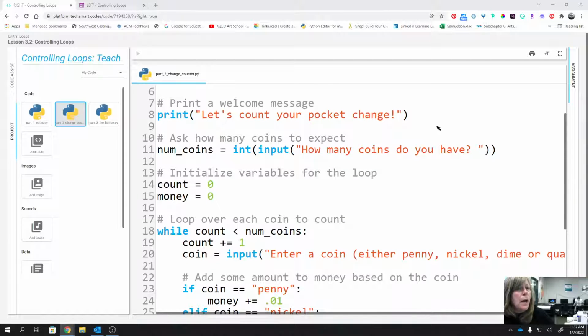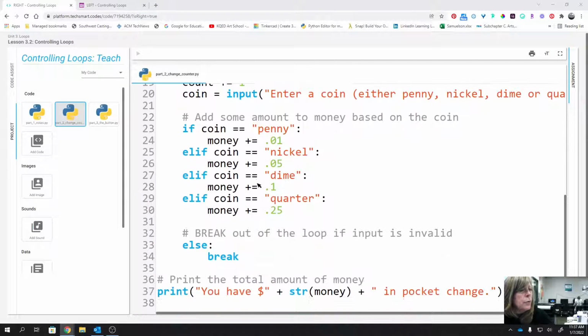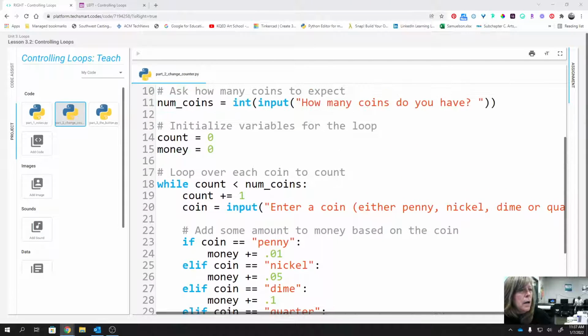So, go ahead and take a couple of minutes to experiment. Change up a little bit of code, look through it and see about changing. And then what I want you to do,